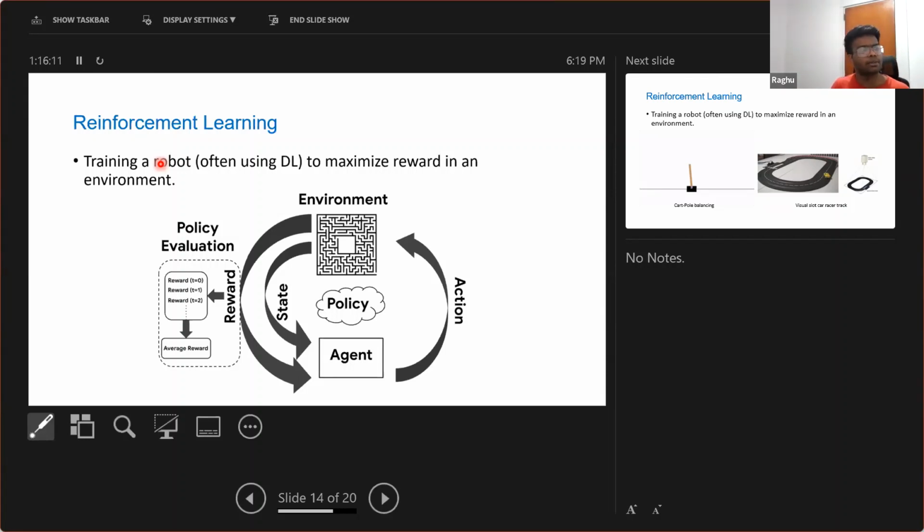Let's take a very simple example of a robot, right? Say Pac-Man. It's an old game, I know that, but I think most of you have seen Pac-Man. In Pac-Man, say the hero is a robot, or in reinforcement learning language, it is an agent. It is called an agent. So Pac-Man,